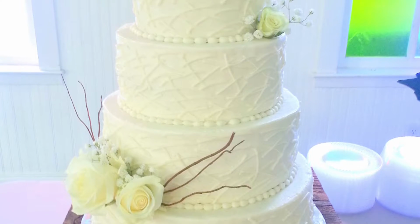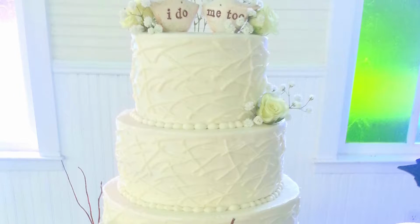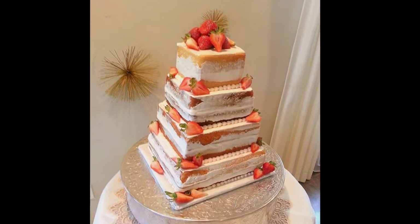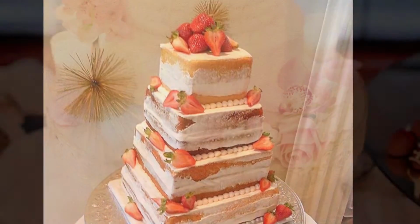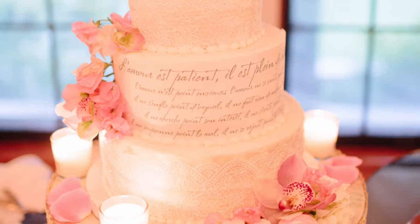Maybe you want something traditional like a French vanilla cake with a raspberry filling, or something a little different like an Italian cream cake with a Bailey's chocolate mousse. Or maybe you kind of want to go in the middle and do something elegant like a pink champagne cake with either a strawberry or cream cheese filling. We can do all that for you, so that way you get the flavor of the cake that you want